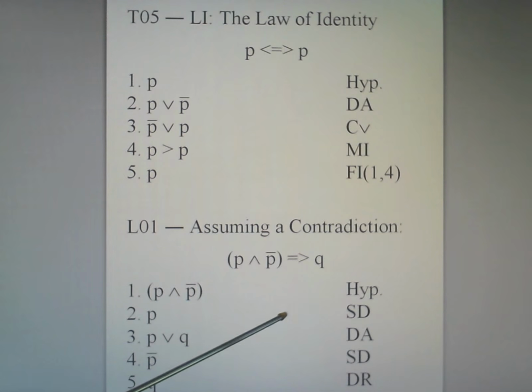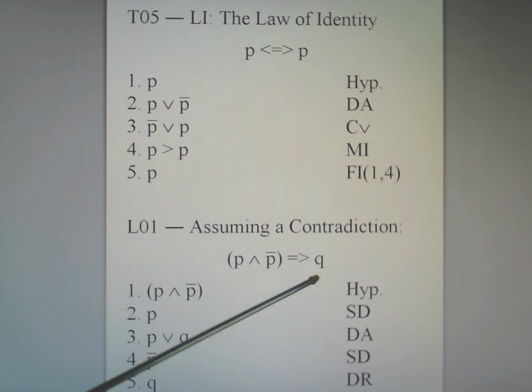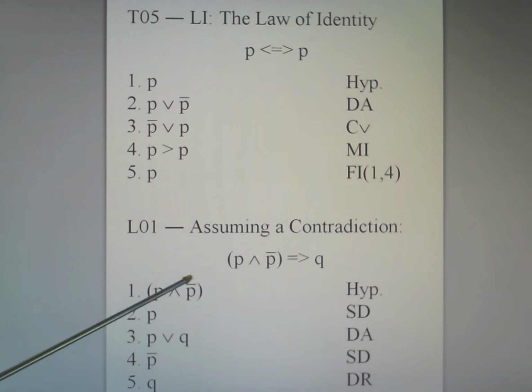So by hypothesis, we assume that this is true, P and not-P. By symbolic deduction, since that is a generality and it's an and statement, both parts have to be true if it's true. So I can pull P out of there and insist that it is true. Right? So if 1 is true, then 2 is true. But of course, with disjunctive augmentation or addition, I can combine P by or with any proposition whatsoever. So I do that here. And so clearly, if P is true, then P or Q is true.